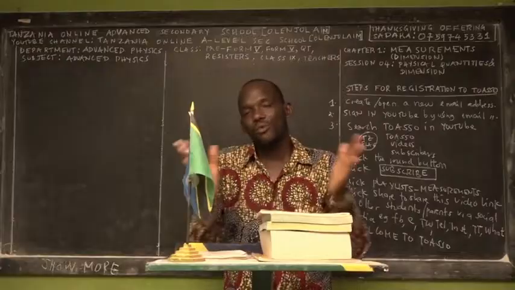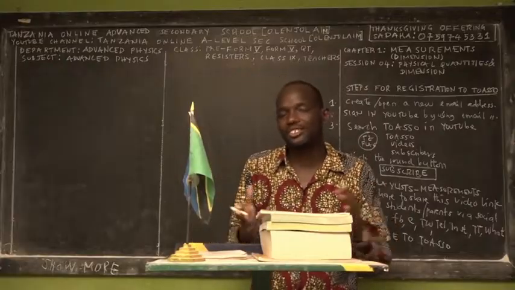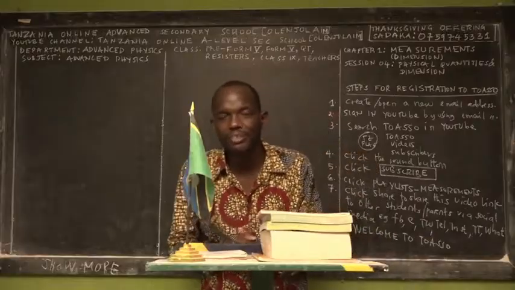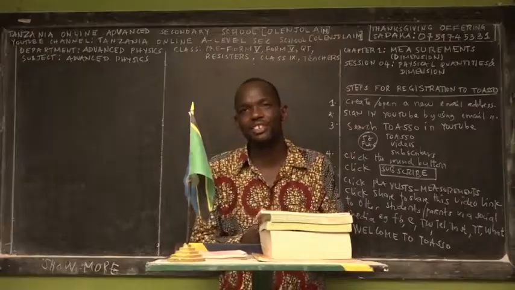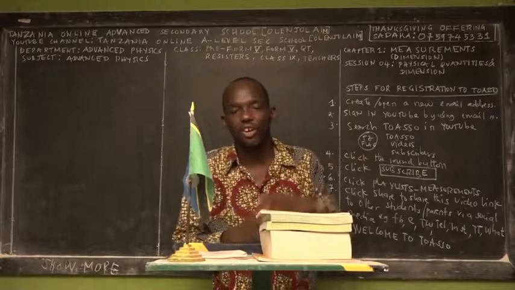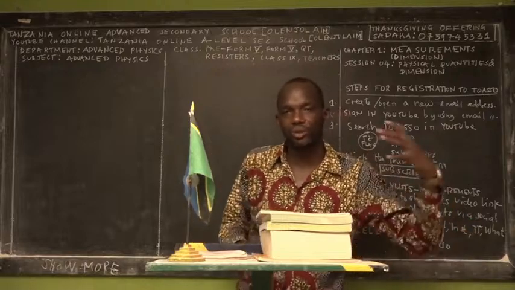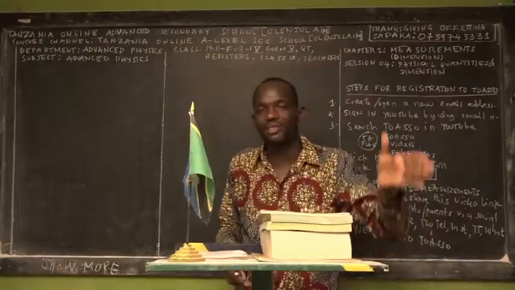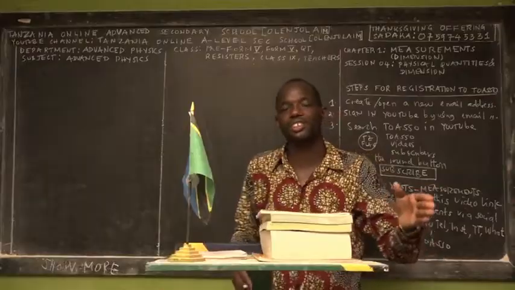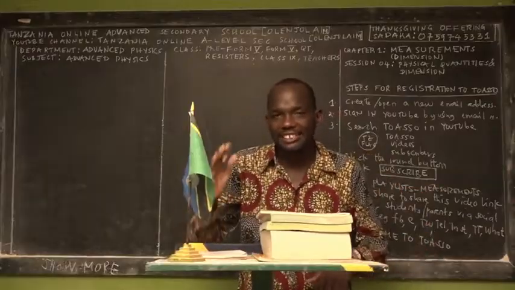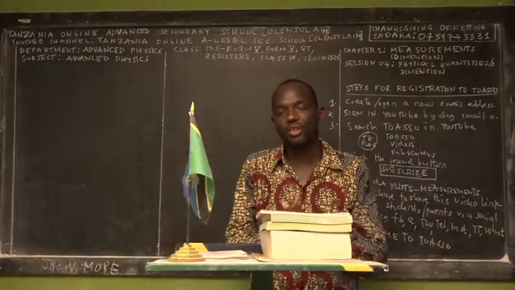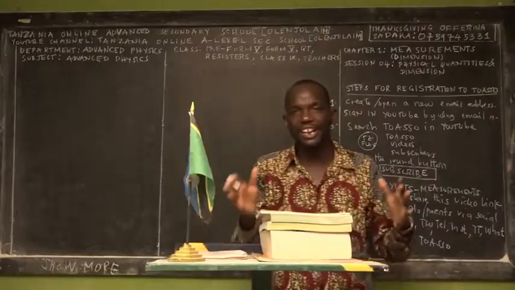So what vision do we have in TOASO? TOASO is the abbreviation of Tanzania Online Advanced Secondary School. This is our vision. We have an assignment to teach, train, incubate, and mentor advanced secondary students on how to extract knowledge, understanding, and wisdom from classroom instruction in advanced physics, advanced chemistry, advanced mathematics, and basic applied mathematics from Form 5 to Form 6, and combine it with the knowledge, understanding, and wisdom we will teach them to extract from the Word of God, written in the Holy Bible, in order to solve real life problems.